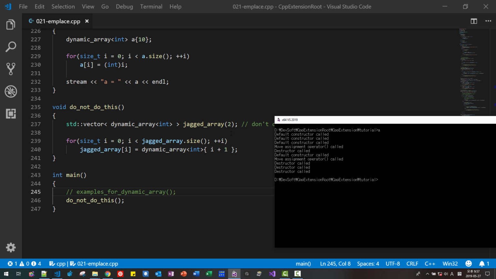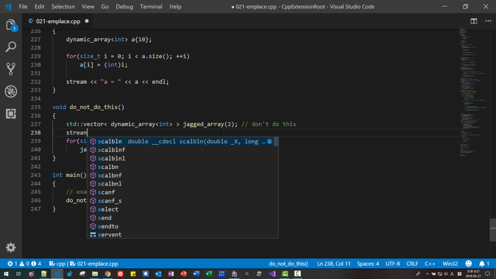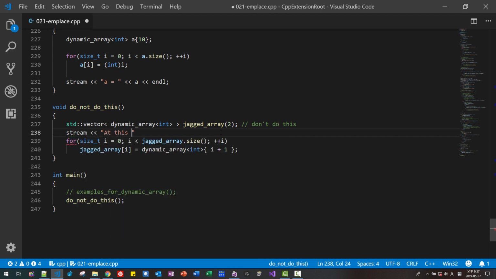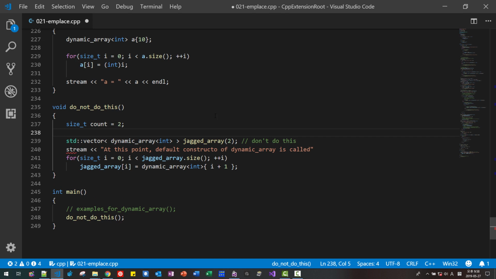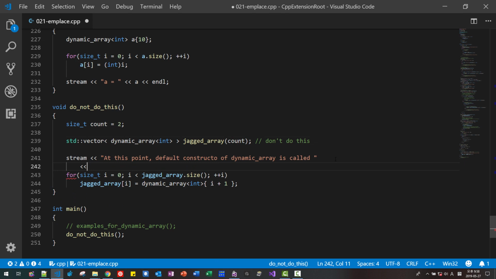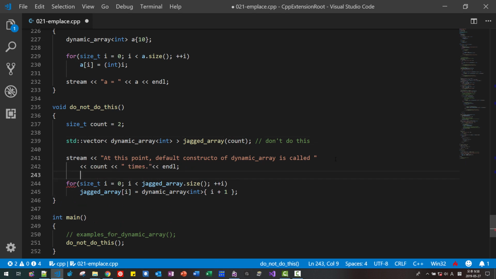I will explain here. I will put stream at this point. The default constructor of dynamic array is called. I will modify it: size_t count. Okay, I modified it like this. I put it here, count times. Okay, at this point,